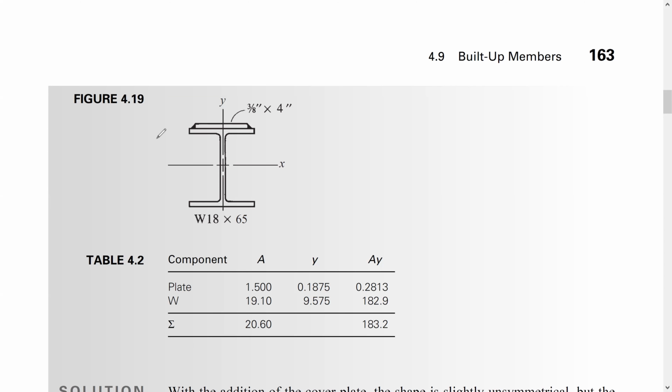How to know the moment of inertia? We need to know the neutral axis. So we need to do all these calcs before we use or get the compressive strength for the structural member. So right now, what is the main difference between the built-up section and the hot rolled sections, the standard sections